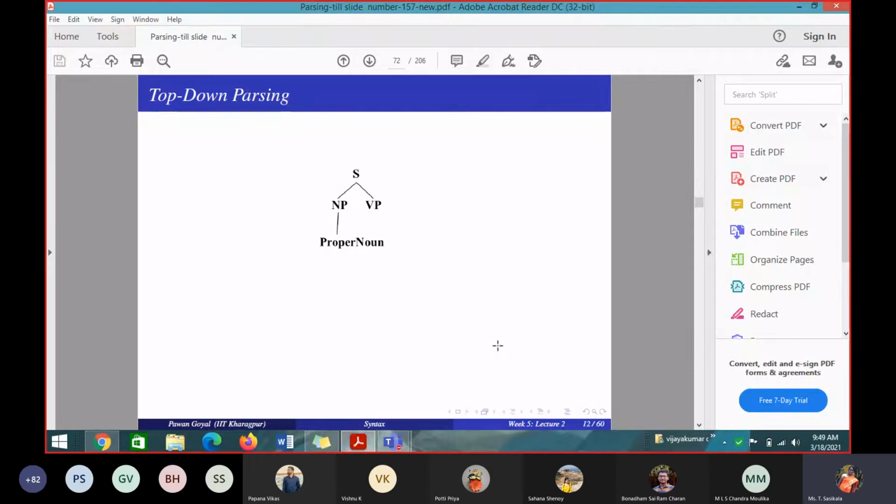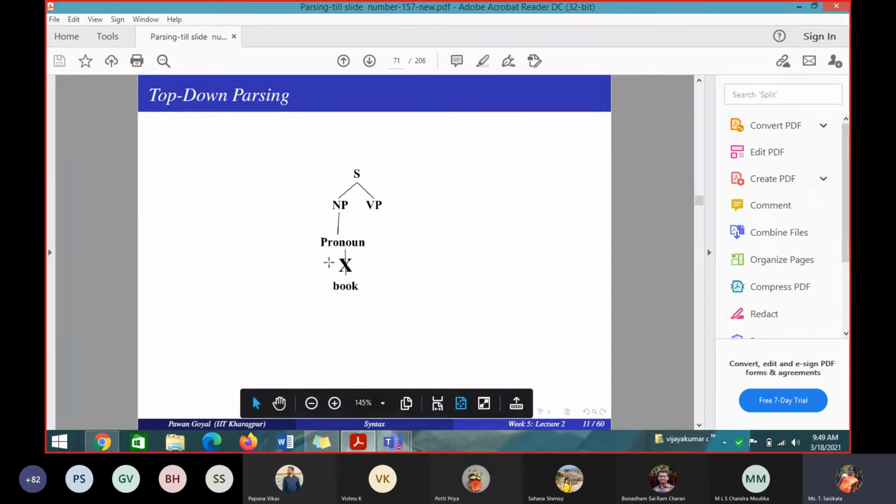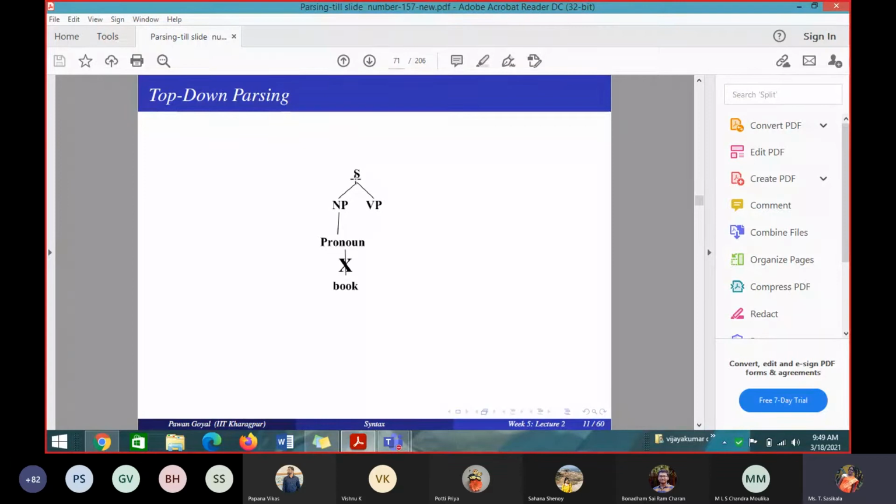So next, NP gives what? See, that's why I am tracing like this. Like this, you have to trace it in an exam. If you simply draw the final tree, marks will not be given. So with NP, all combinations you have to try. First I am starting with S. Even though you know which start node will give you a tree, you have to try all possible combinations. So S gives NP VP. NP gives initially pronoun. Pronoun will not give book. So that is wrong. Next I am taking NP gives. What is the next combination?